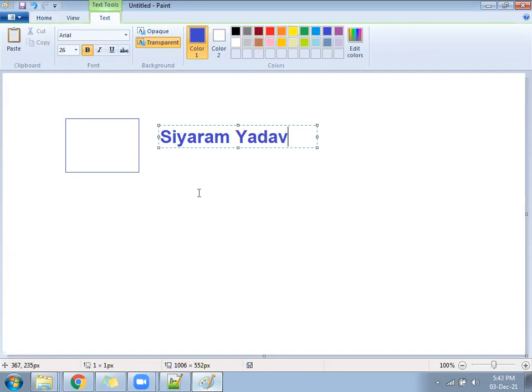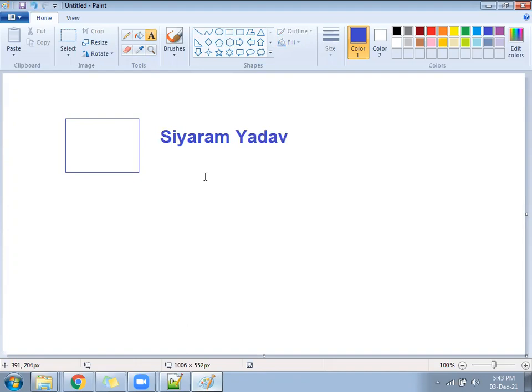So now how many TD? 2 TD. One table and 2 TD. Correct, no? In the first TD there will be a photo, height 100 width 100, and in the second TD using H1 you will print your name. Correct? Try that. Do that much.